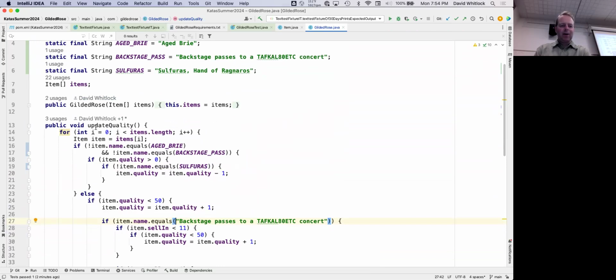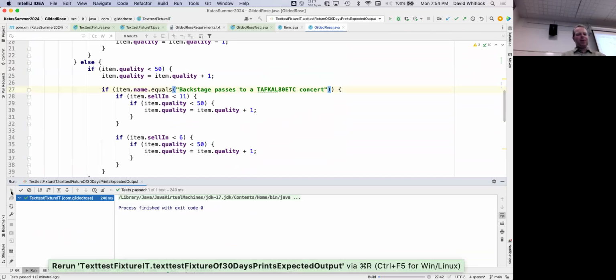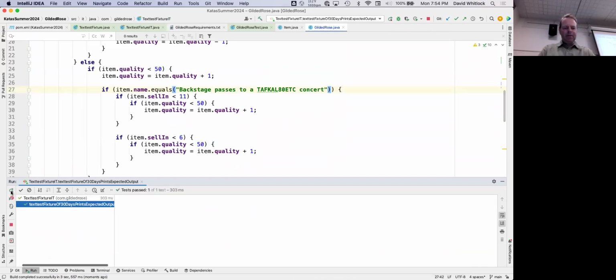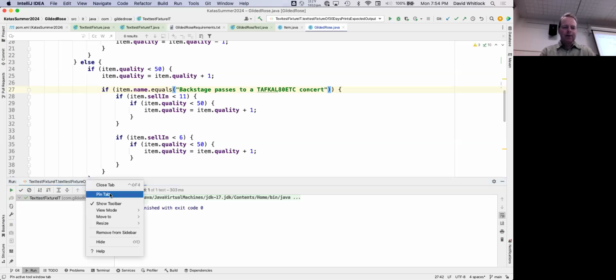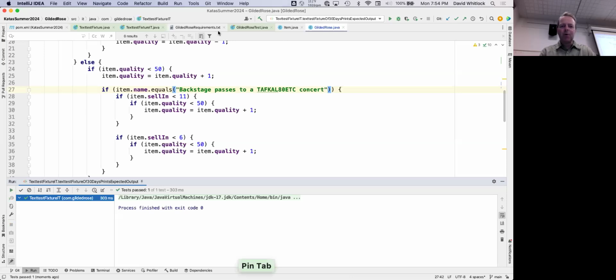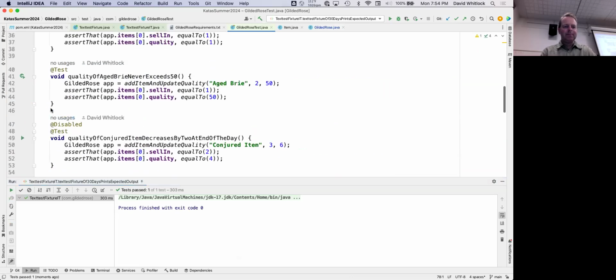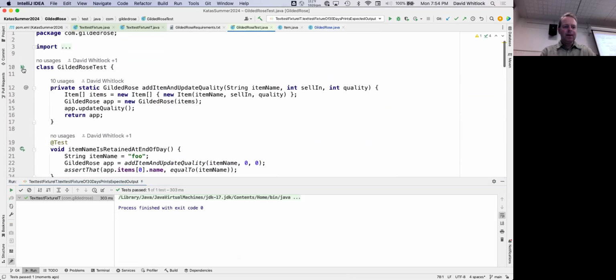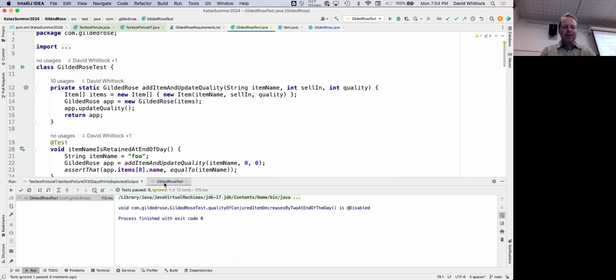So then I'm going to run my integration test to see if everything's. Oh, it does. That's good to know. I'm going to pin that here so I can go back to it easily, and then I'm going to go back to my unit test. I'm going to run all of these again, because I haven't run this in a while. I probably should have. Oh, good, everything still passes. Good, I'm going to pin that here so I've got it for later.